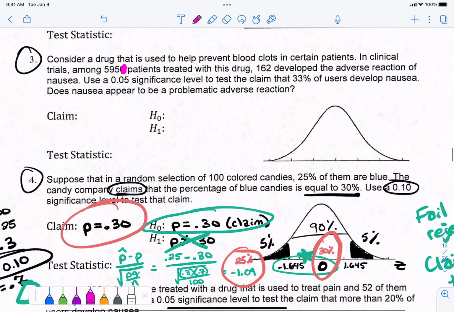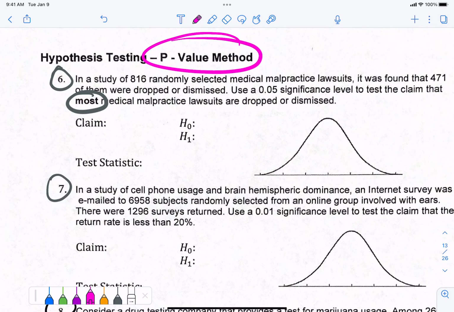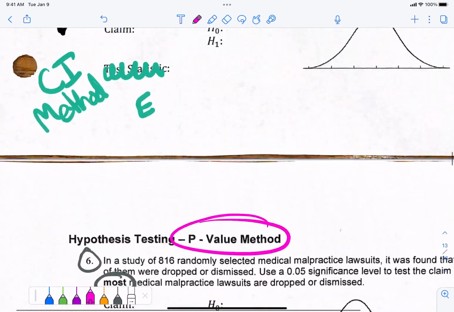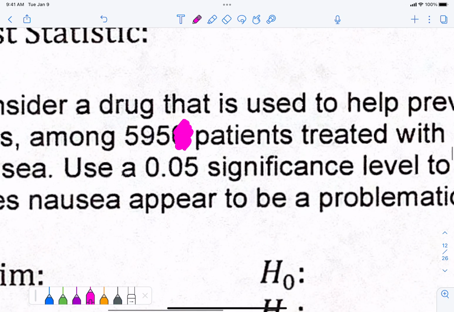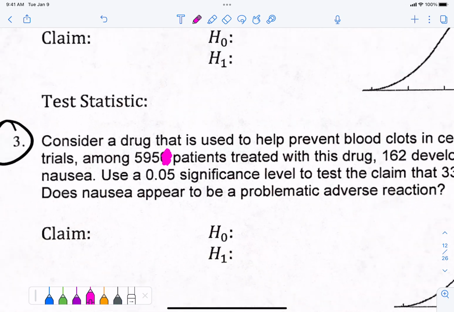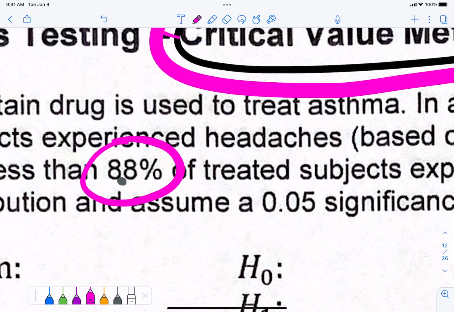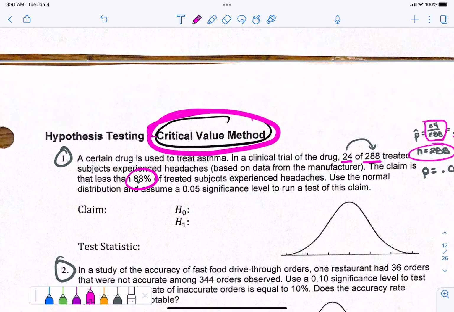Let me see if there's another typo. Okay. Let's see what else we got. Number 6 is saying most. I think that's all the typos that I have. So number 3, just so we're clear, should say 595 instead of 5950. And number 1 should say 8.8%. So fix those. Do you have any questions before I stop this video? Significance level is